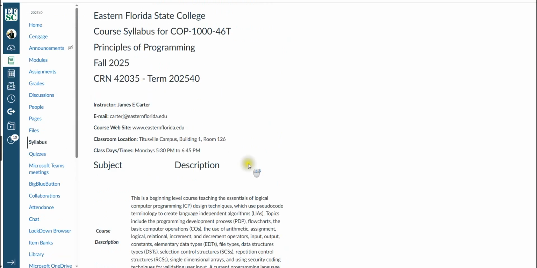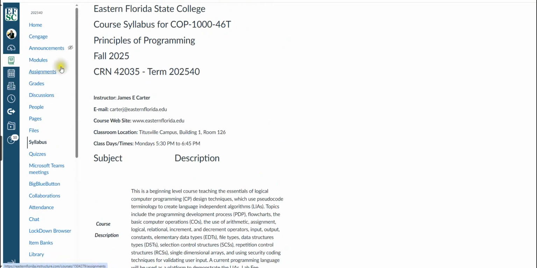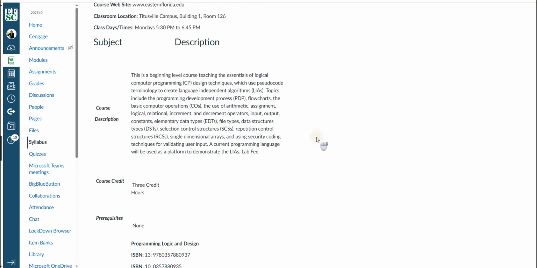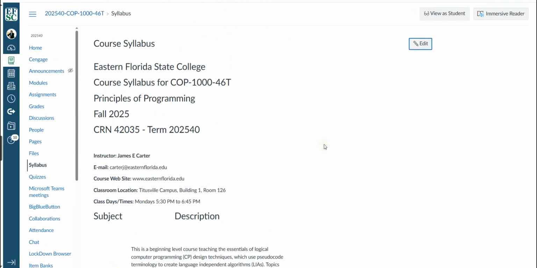Once again, make sure you know how to get to modules, discussions, and files, though files not so much unless you want to download the syllabus, and the syllabus was already printed out for you. All right, so welcome to the class. If you have any questions, make sure you use the discussions. Monday class, I'll see you Monday,